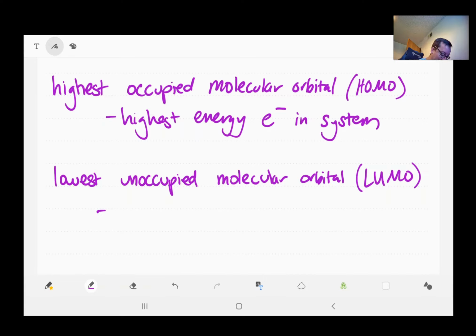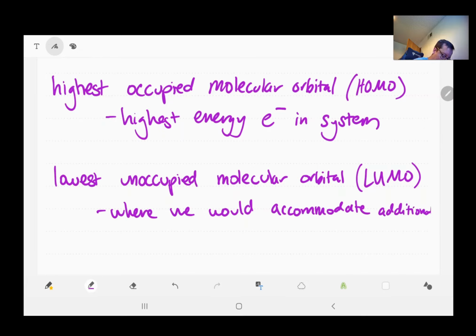So that's where we would put electrons. Accommodate has two M's, doesn't it? Additional electrons. Again, not as useful there, but we're going to see that talking about these two orbitals is going to be important for us